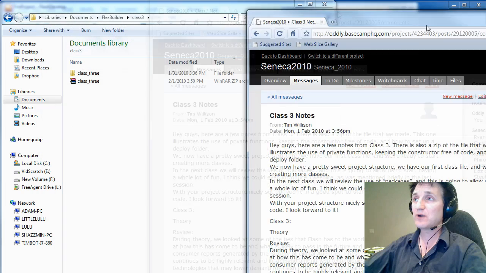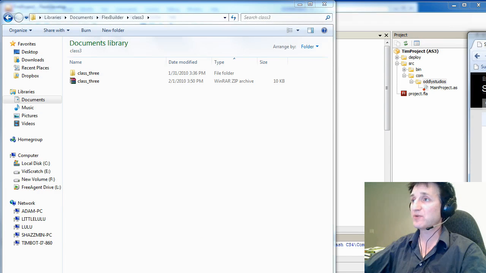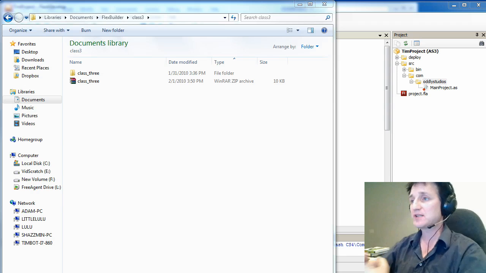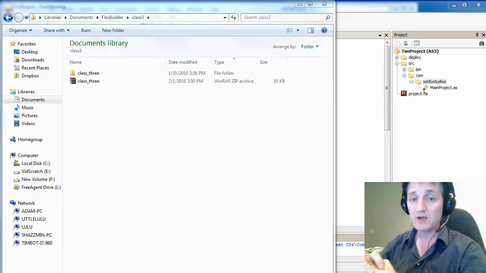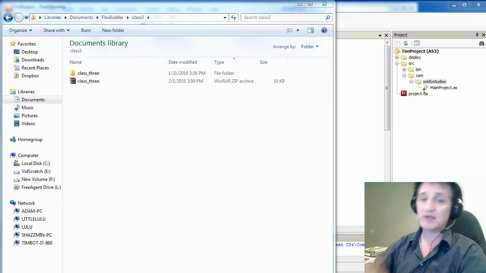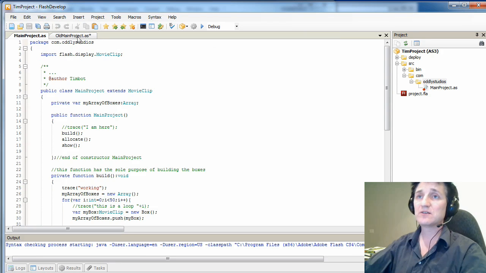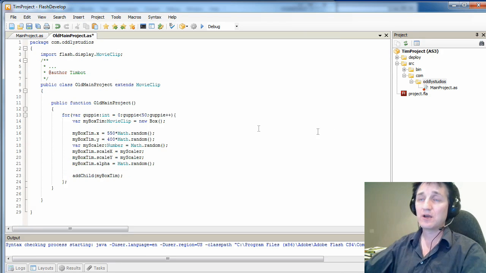So basically where we are at this point is that we have a working document class going, and the purpose of this session was to take what we had done in the previous class and refactor it a little bit. So I quickly put together the code that we had in the previous class again, and it looks a little something like this. So if you might recall,